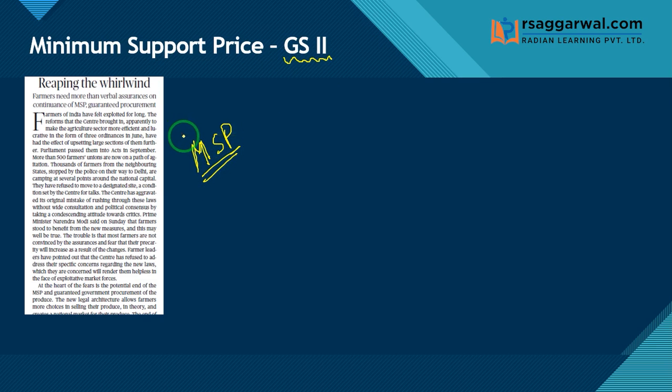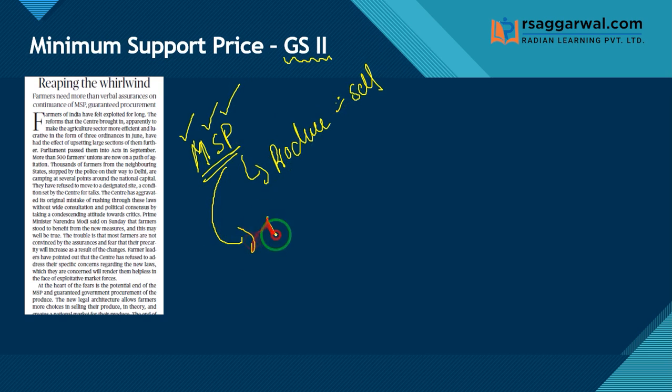Now, as the name goes, it is the minimum support price that is provided to the produce of the farmers that they are willing to sell. In theory, it is the minimum price set by the government at which the farmers can be expected to sell their produce